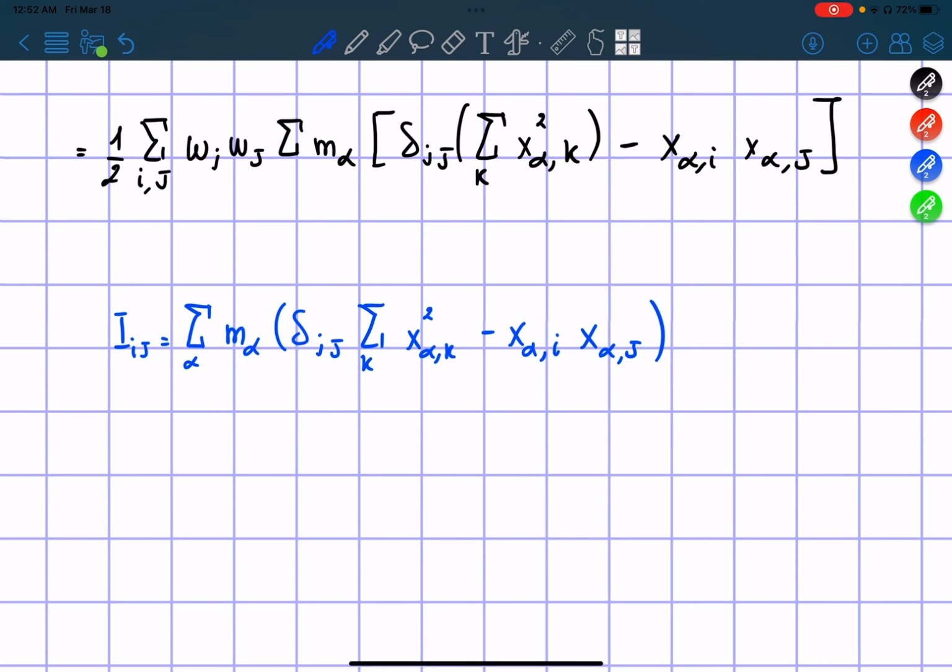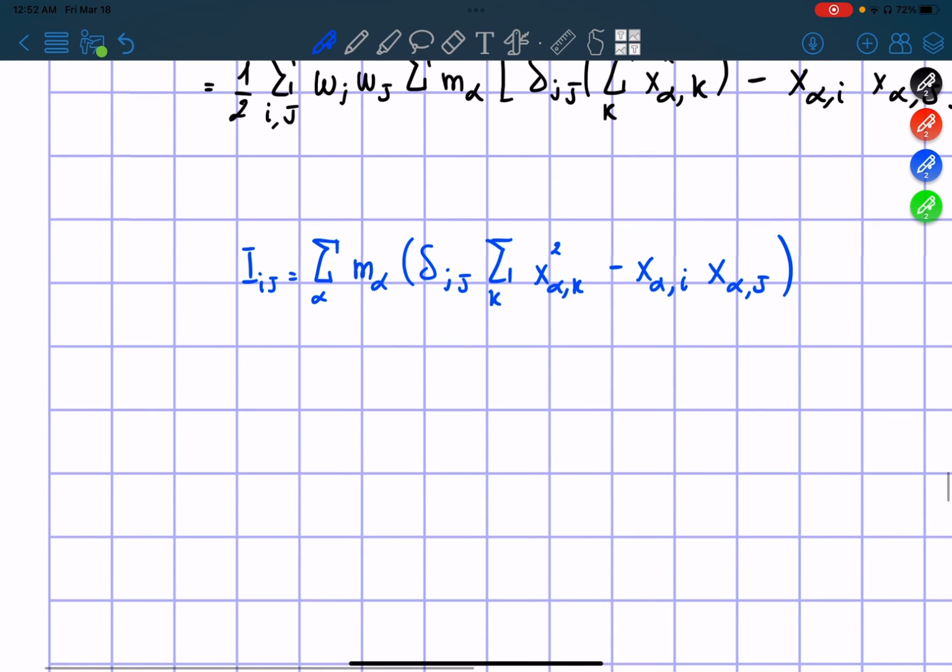There we go. So we can substitute it in our equation and we get that T is equal to one half summation